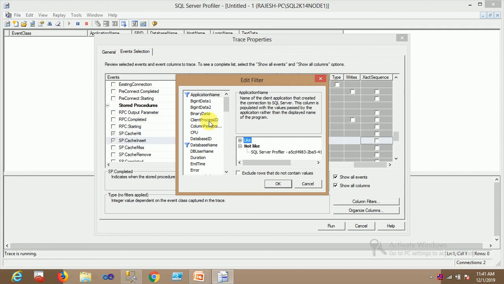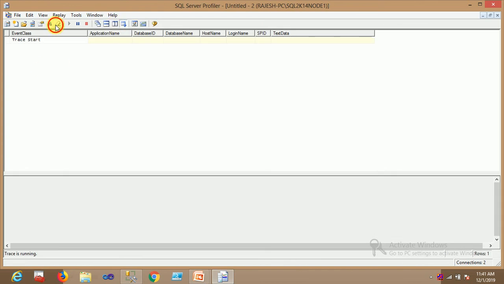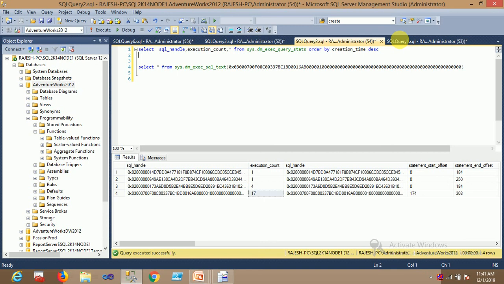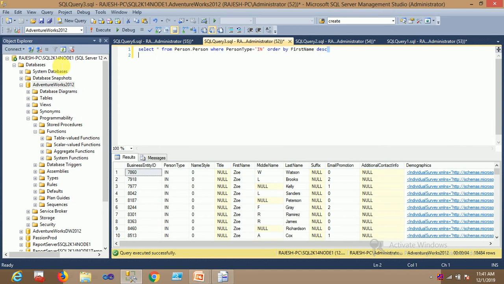So basically I added one filter, AdventureWorks. If the database name is there, that will populate. Exclude row, do not contains value. Okay, I'm starting this one. Clearing. Before proceeding, first I'm going to clear all states. Let me call this